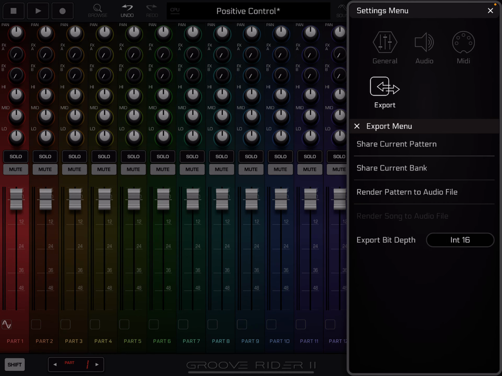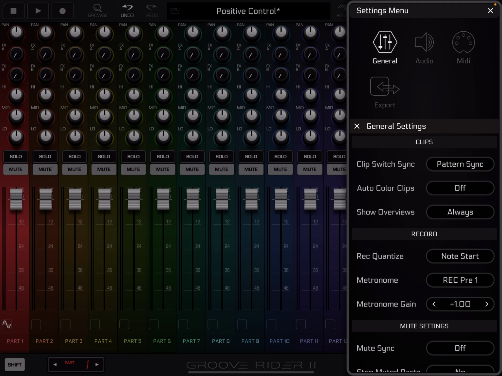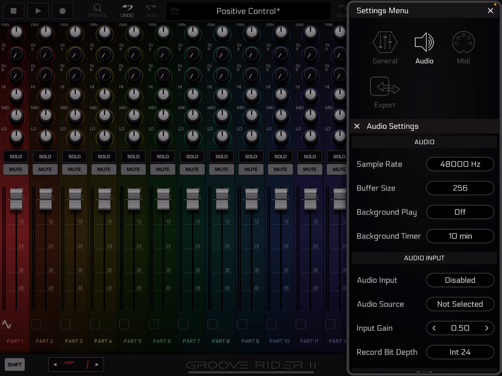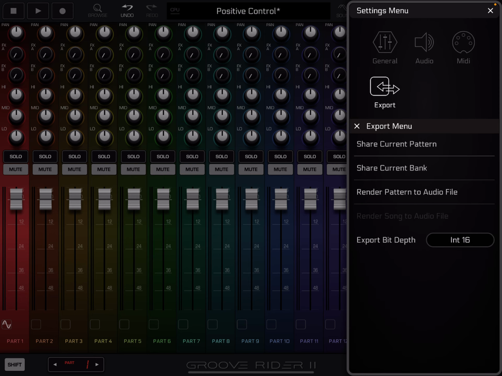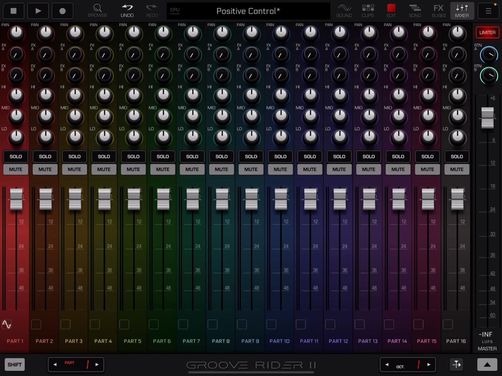And you have the ability to change general settings in here, where you've got facilities to add MIDI controllers such as KeyStep Pro. Bluetooth MIDI is supported, and then you can export the current patterns and audio file, render the song, and so on. There's automation in here as well, so any of the stuff I was doing then in the